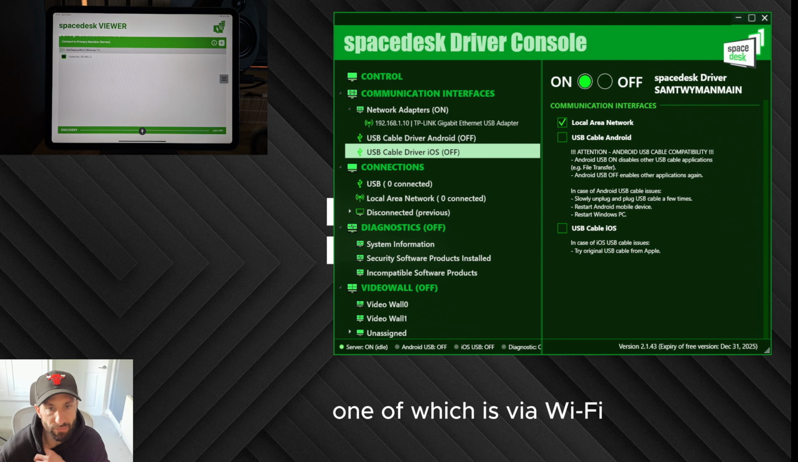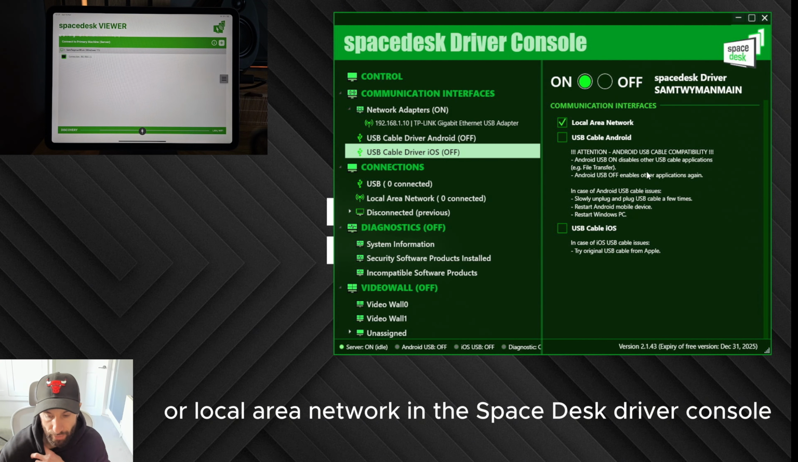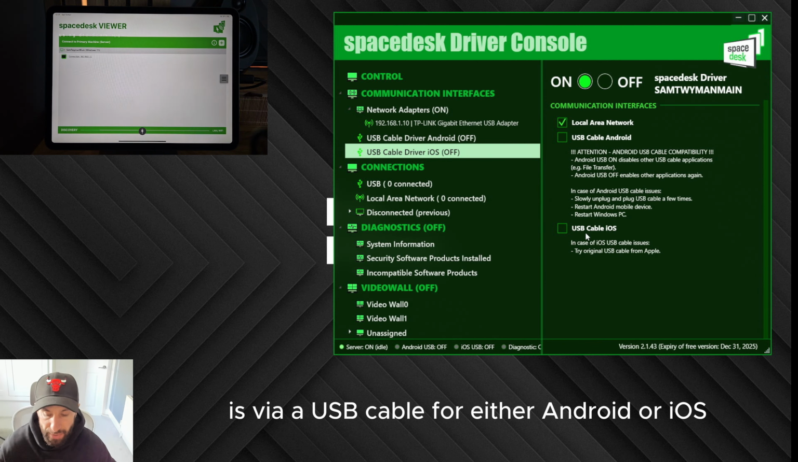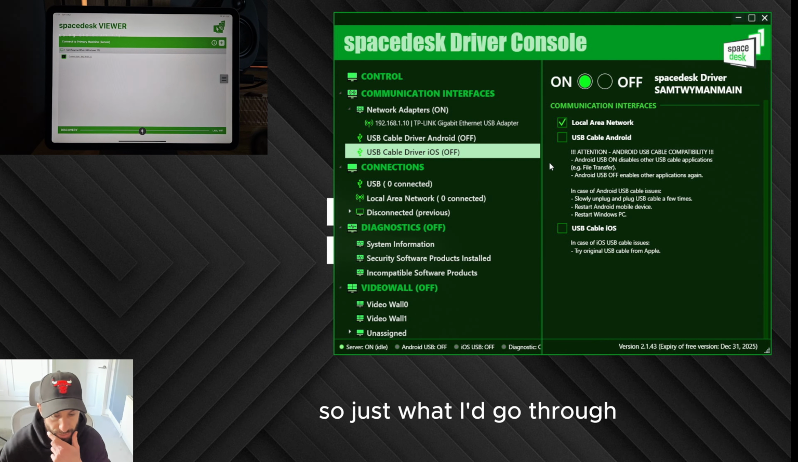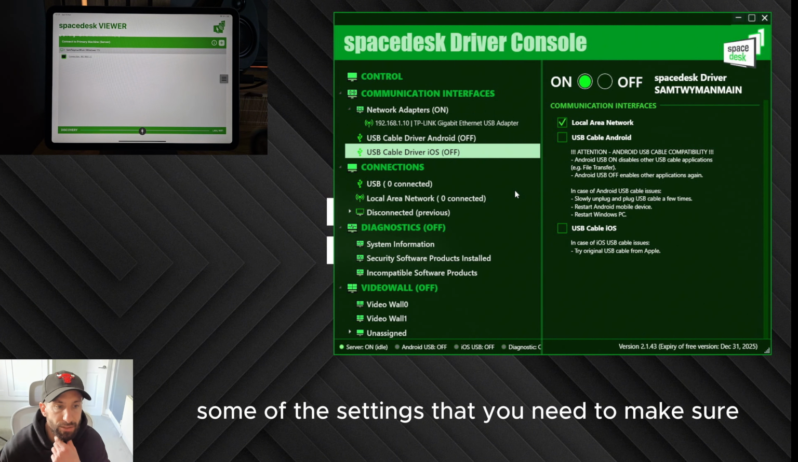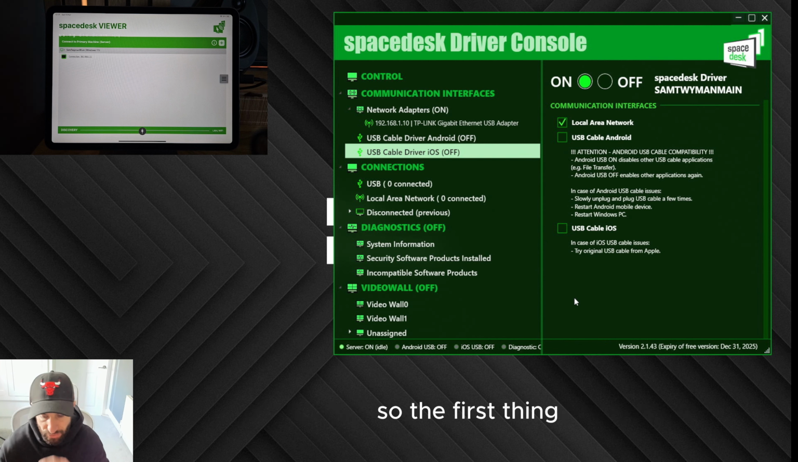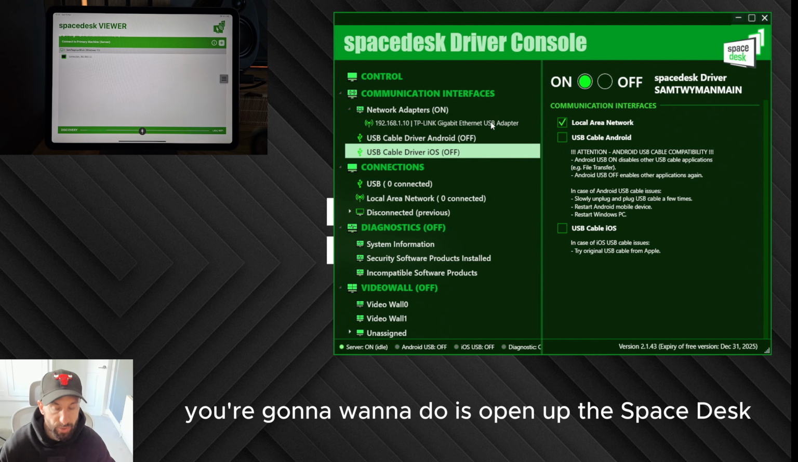Now there are two ways that you can connect to SpaceDesk. One of which is via Wi-Fi or local area network in the SpaceDesk driver console, and the other is via a USB cable for either Android or iOS. So I just thought I'd go through some of the settings that you need to make sure are correct to get the best performance. So the first thing you're going to want to do is open up the SpaceDesk driver